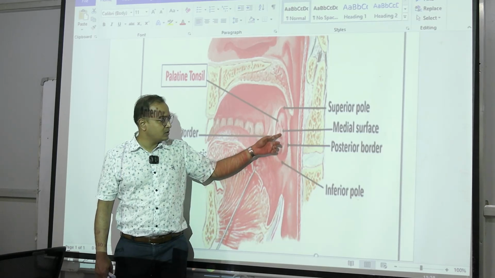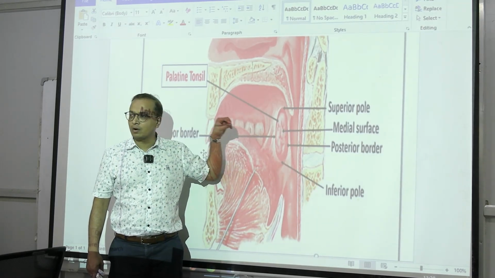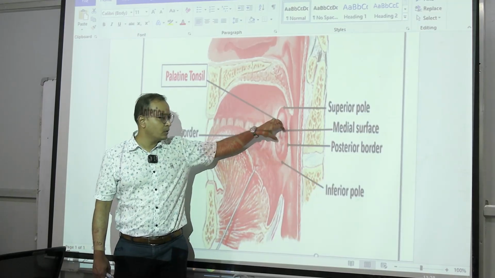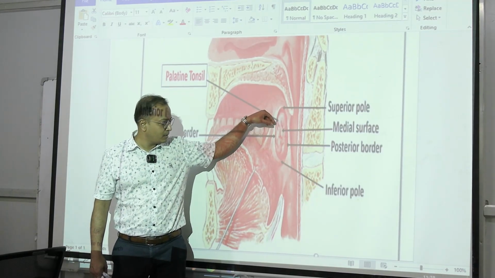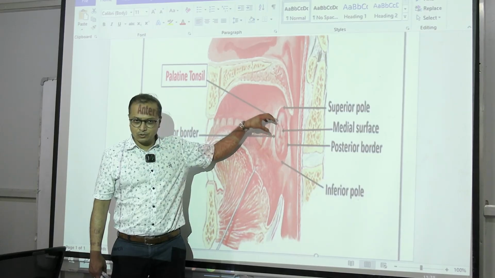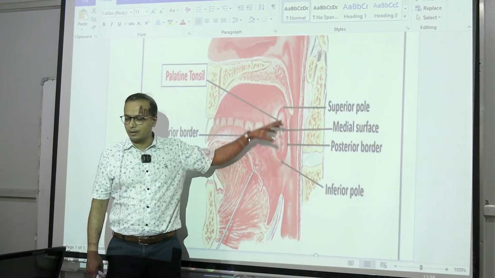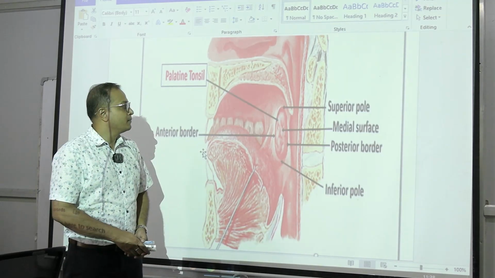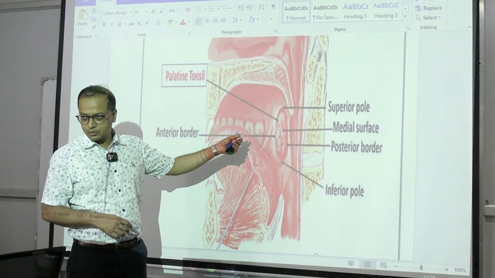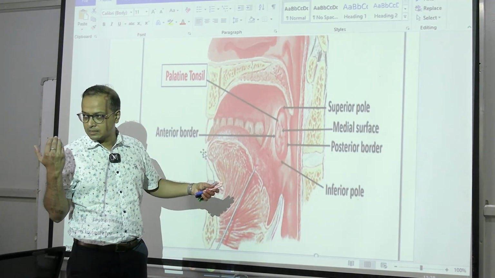Now this medial surface shows a number of dots or crypts. That is for the follicles of the tonsil which are growing in, and we have these particular crypts deeply penetrating the tonsillar tissues and creating furrows. So these are the parts of the tonsil: upper pole, lower pole, anterior border, posterior border, and two surfaces, medial surface and lateral